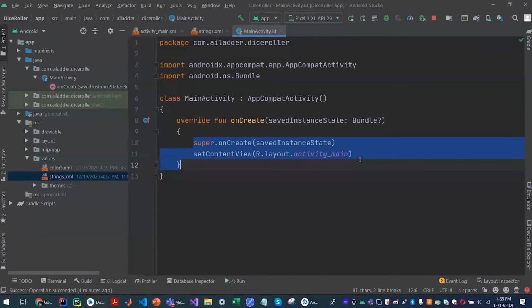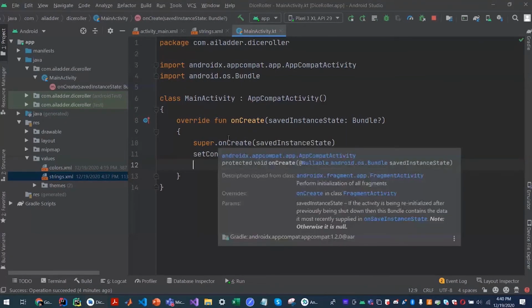So this serves as the entry point, just like main does in a Kotlin program. Don't worry too much about what everything else means. We will look at all this when the time is right. For now, just know that for Android apps, you don't have a main function, you have an onCreate function, and that's what replaces main basically.